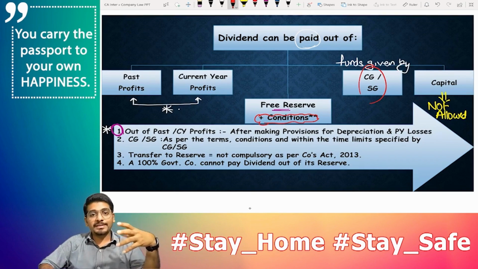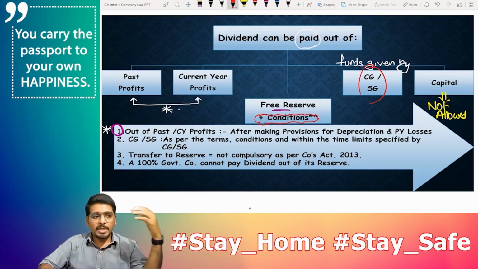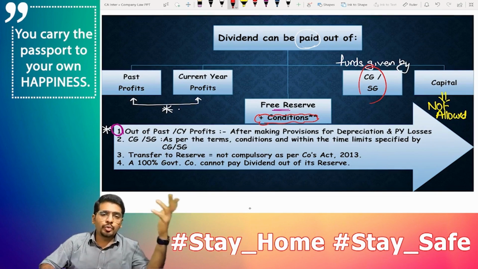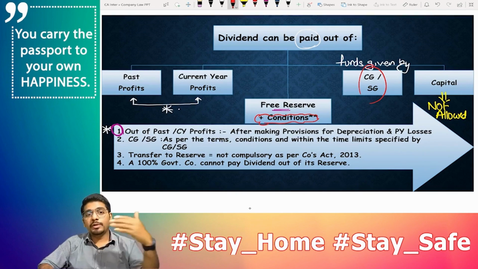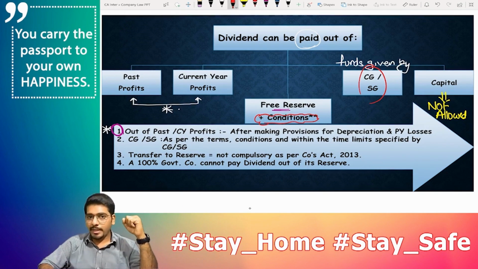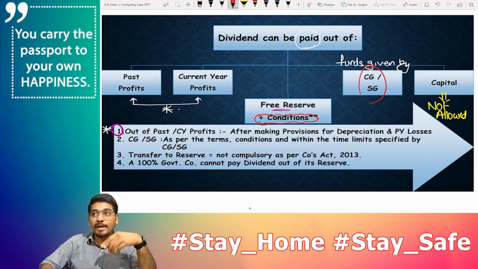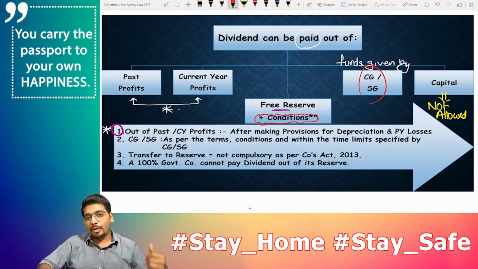Now, supposedly, if I say the project is like construction of a road or construction of a dam or something, then this project might go on for maybe 2 years, maybe 3 years. So 2 or 3 years, company is only incurring costs. Revenue has not started over here. Making of profits has not started over here, right? So investors will also feel, why should we invest in such infrastructure companies where the projects are always going to be long, and that is why we are not going to get returns in the short term.